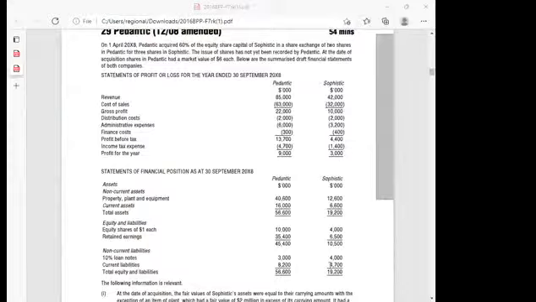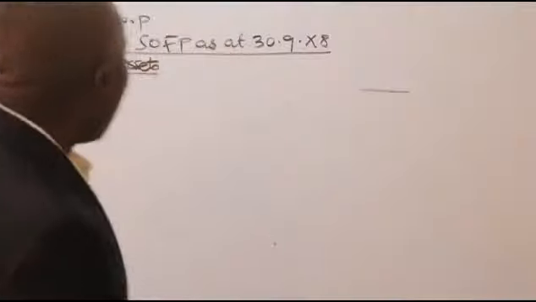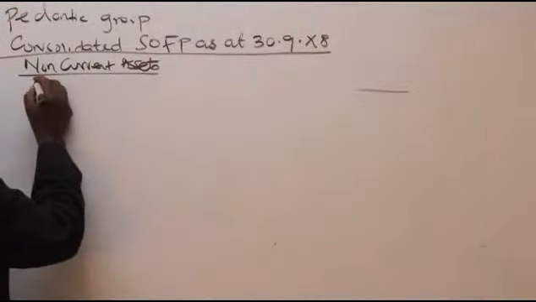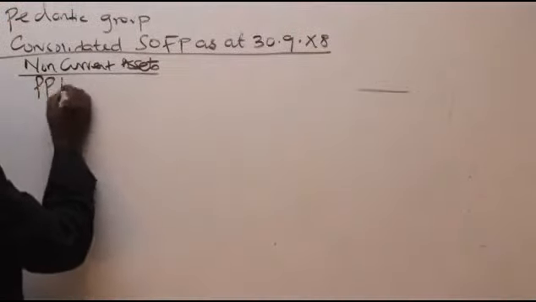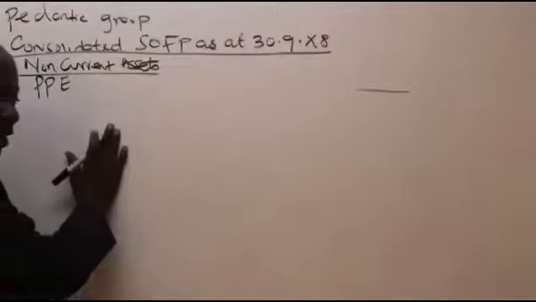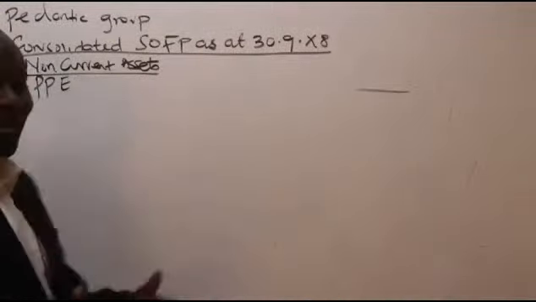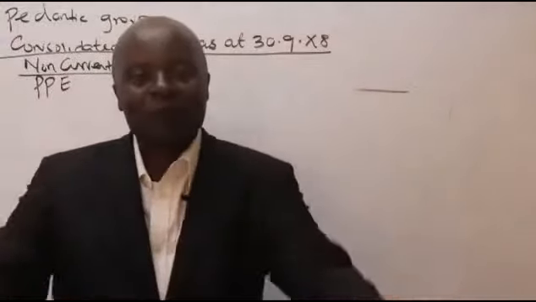So non-current assets, unakuja hapo unasema ziko aina tatu, sana sana zinakuanga aina tatu. Unasema hapa ya kwanza kabisa ni property, plant, and equipment. I'll need a consolidation procedure for that. Then we have got other non-current assets that we shall be getting cash flows from in the future, I